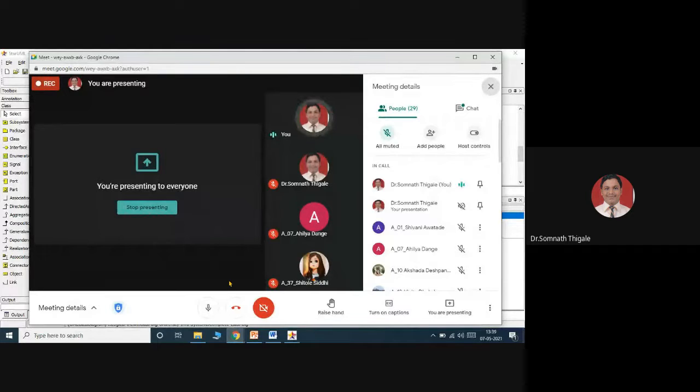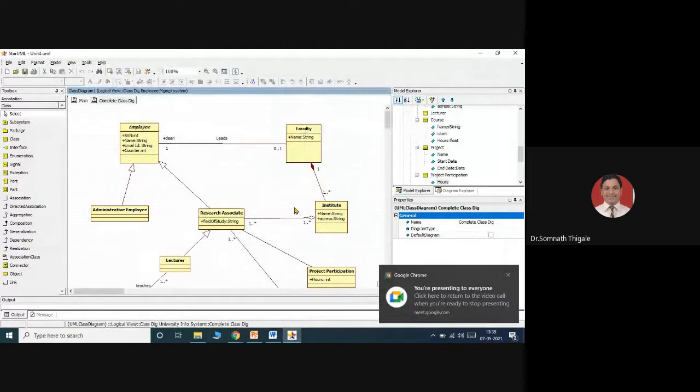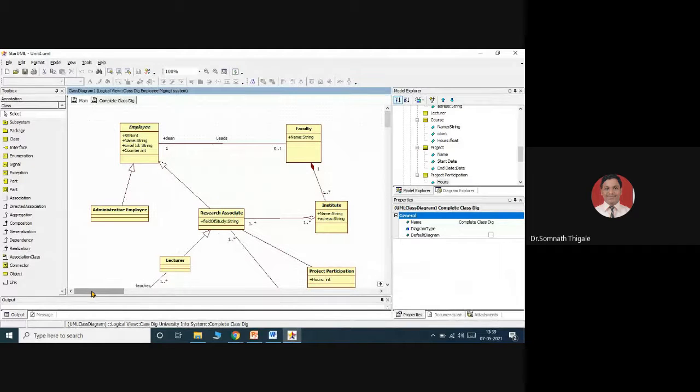Okay, I will show you the most important part. Once your class diagram is done, how to generate the code for the same. So you will get the code for your project. So let's see how to get the code. Okay. So open your particular class diagram, and inside the class diagram, based on your class diagram scenario, make sure that you have added all the views